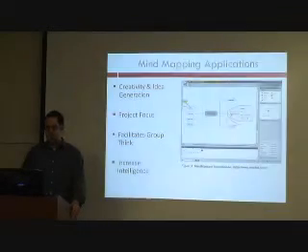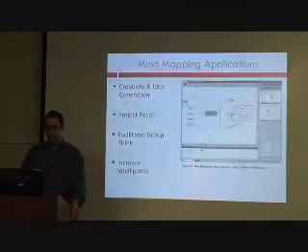Using this in business, you could give a whole department a mind mapping application and really metrically measure after a certain amount of time what creativity and kind of what is coming out of